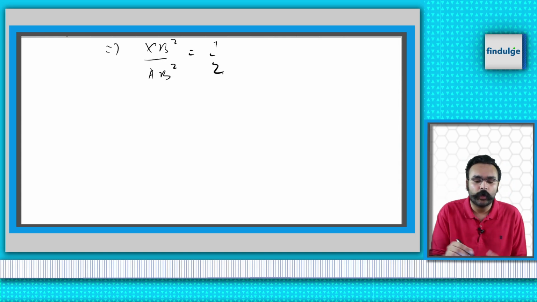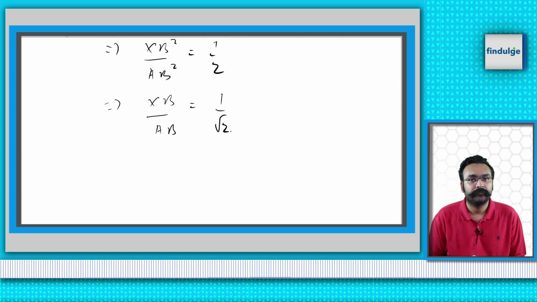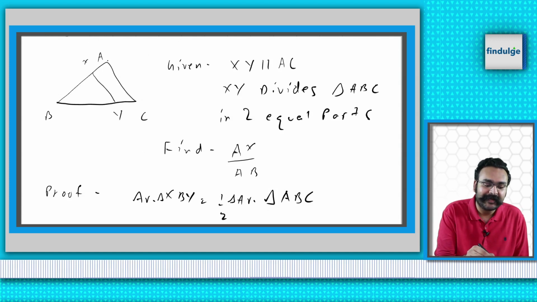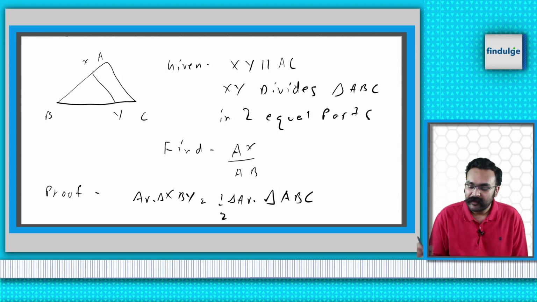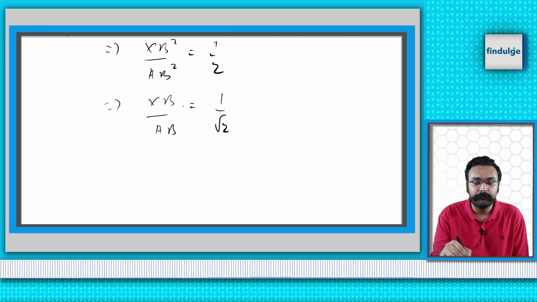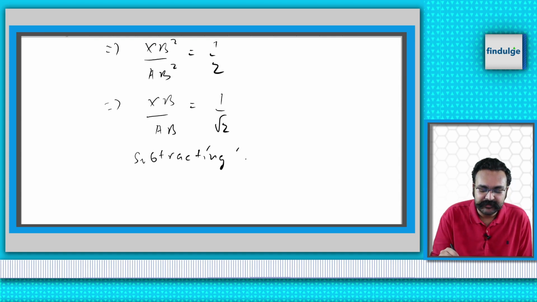if I take square root on both sides, I'll get XB upon AB is equal to 1 by root 2. Now what we wanted to find was actually AX upon AB. If we look at it, AX is nothing but AB minus XB, and I can create AB minus XB by subtracting both sides from 1. So if this is true, then I'll say subtracting both sides